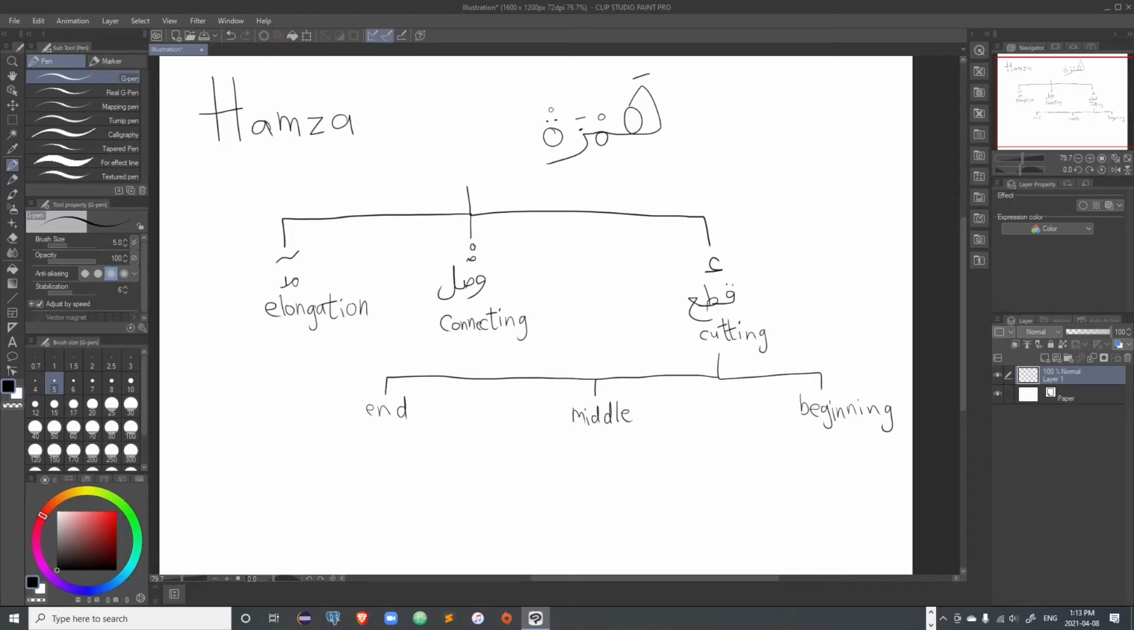Now, the form it assumes at the beginning of the word will be above the alif, such as the name Ahmed. It appears at the beginning of the word, or the name Usama, which is another name for lion. It also appears atop the alif. There are certain instances, just to highlight, at the beginning of the word, it always appears atop the alif consonant,